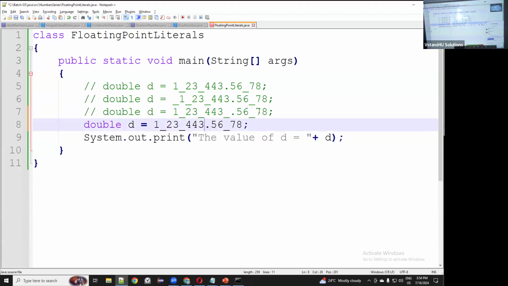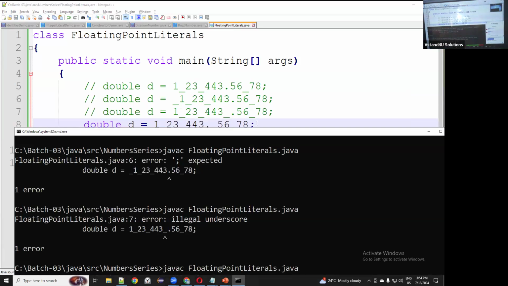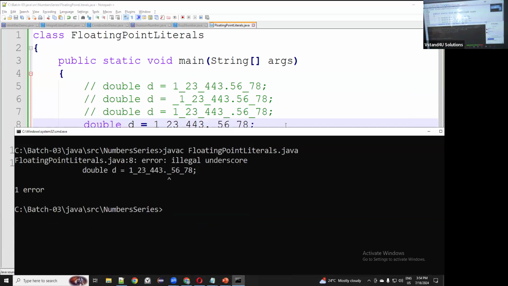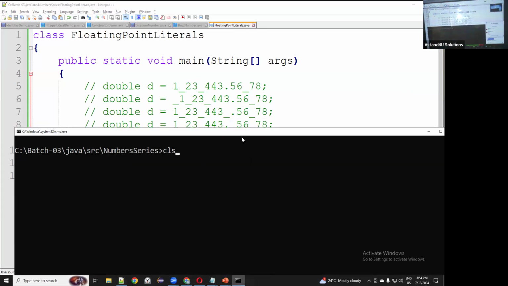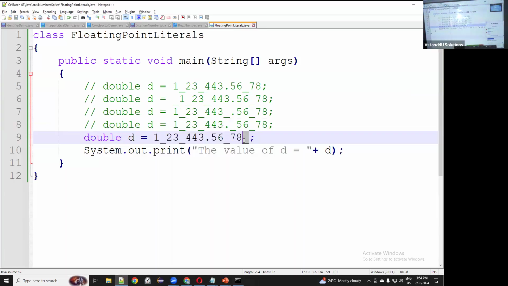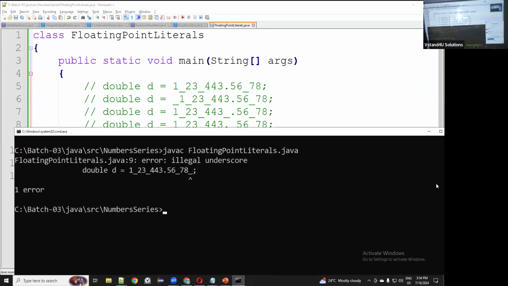If this is also not allowed, can I do this at least? This is also not allowed. Are you with me? Okay, sir. The last combination: ending with underscore. Would this be allowed? What do you say? Ending with underscore is also not allowed. Agree? Combinations are clear. Shall I move to the next one?